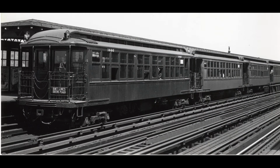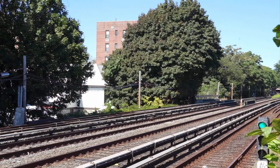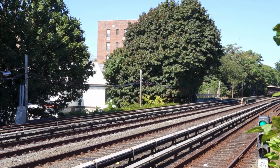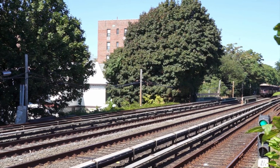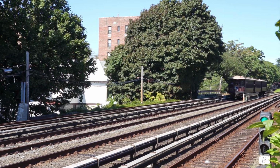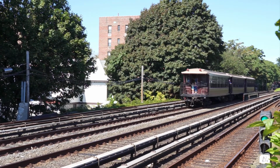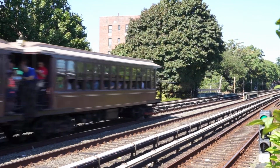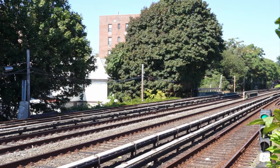The elevated lines used wooden gate cars, so named for their gates at each end of the car. Operations were labor-intensive as conductors had to be stationed between each pair of cars to open and close the gates for the passengers. The conductor on the last pair of cars would close his gates and signal the next conductor until the conductor between the first two cars finally received the signal to close his gates and signal the motorman